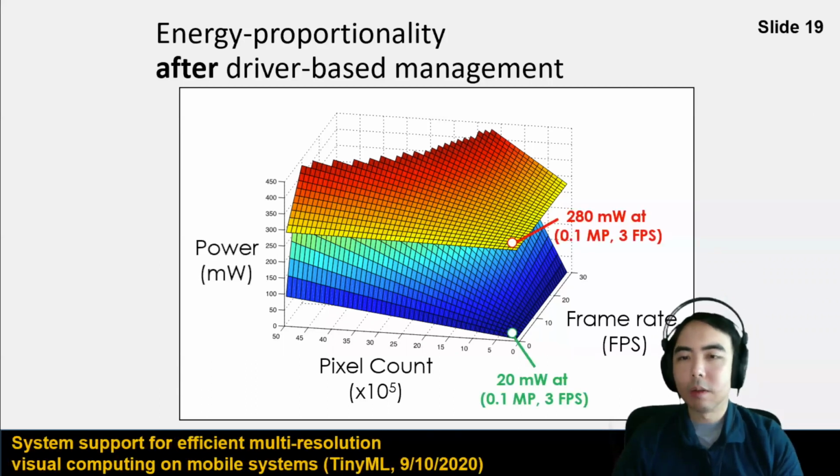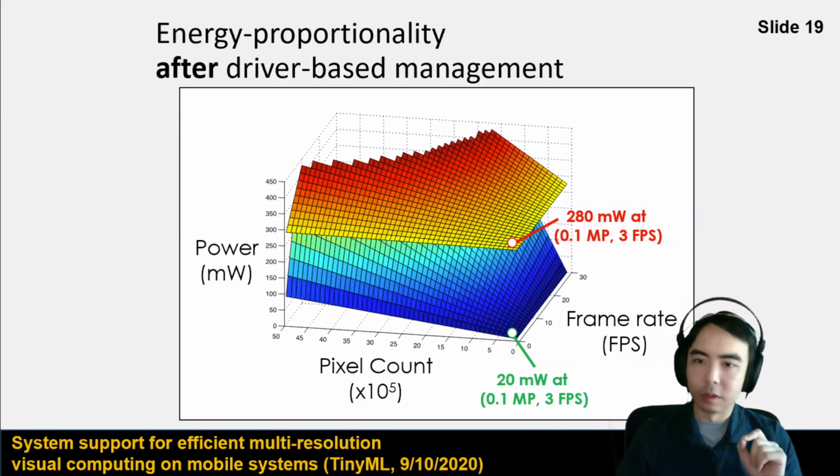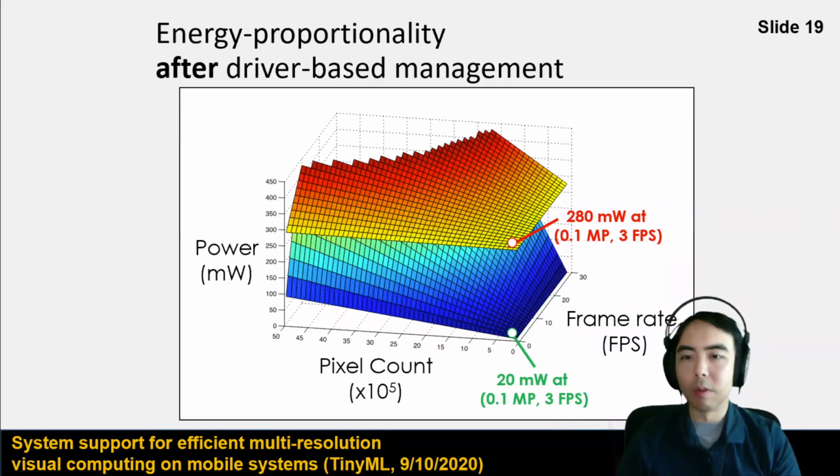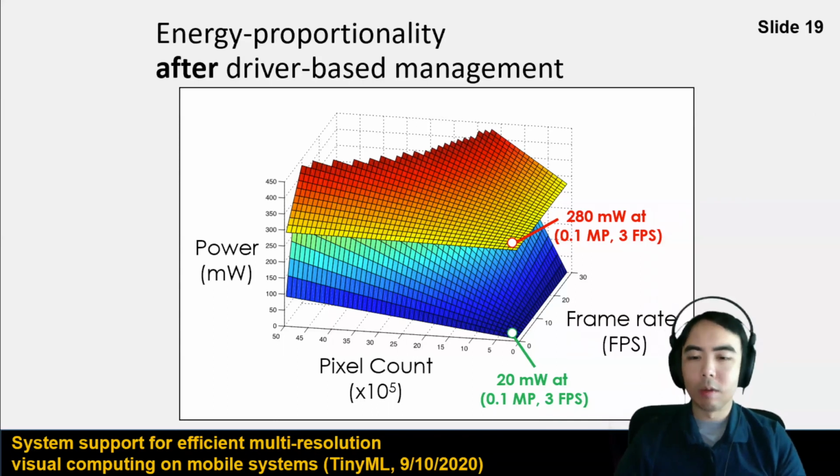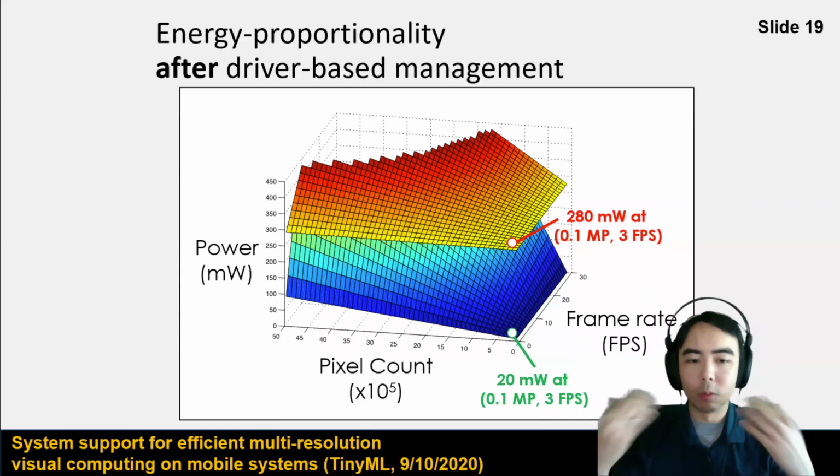So this allows us to go from, for example, 280 milliwatts to 20 milliwatts for operating at the same low resolution of 0.1 megapixels and same low frame rate of 3 frames per second, for the same sensor that's able to capture 5 megapixel images. And so this is the work that we're talking about here.